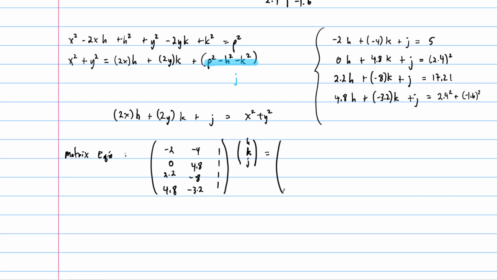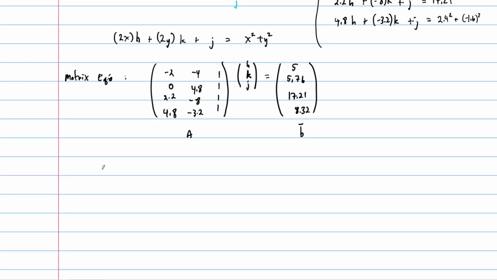And then the right-hand side, if you work this all out, is 5, 5.76, 17.21, and 8.32. So this is our matrix A, and this is our vector B. If you work all this out and do the least squares, the least squares process gives you, after some work, the following for the vector h, k, j